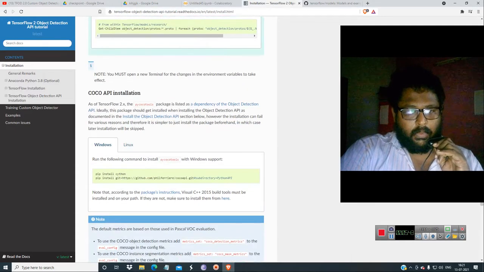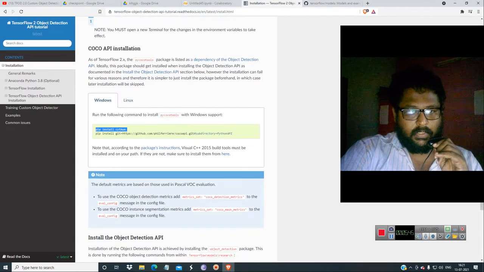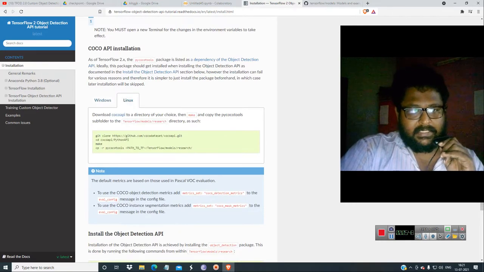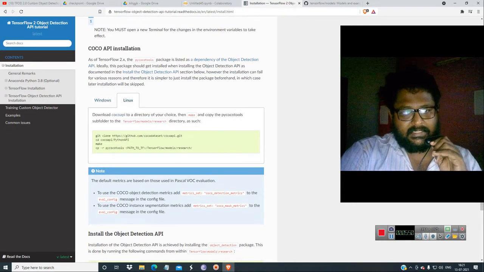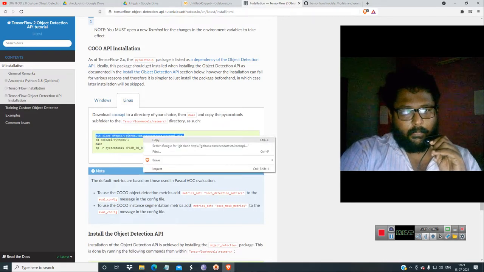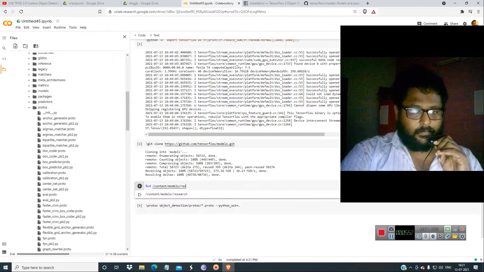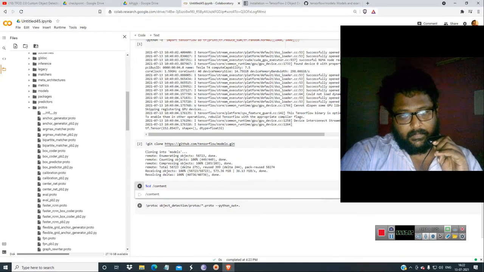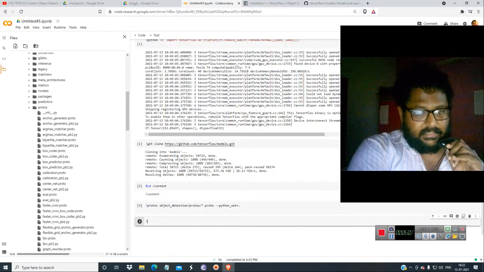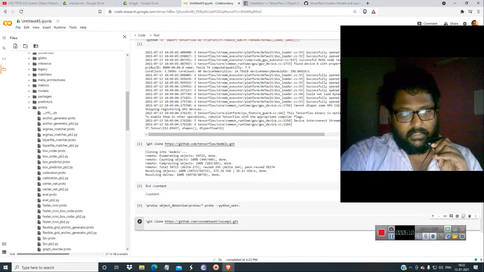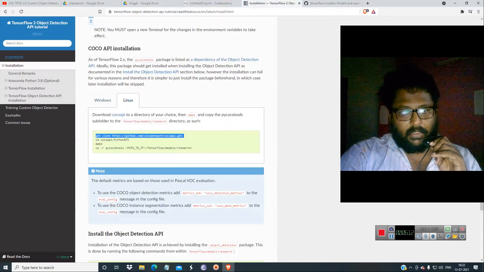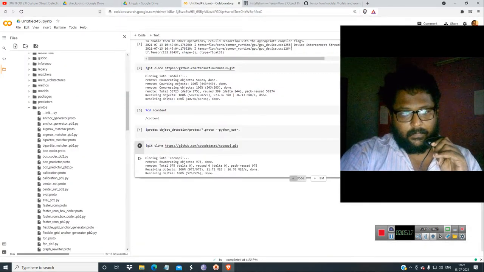Now we have to do this in Linux; it is not the same as Windows. In Windows it is Python, but in Linux it is cocoapi. Go to the content folder, then type exclamation mark, paste, and download the cocoapi and get into the folder.